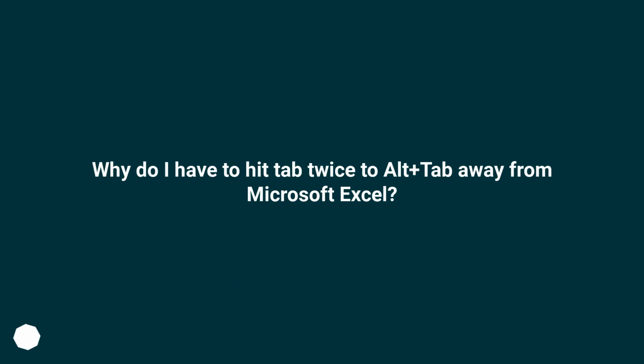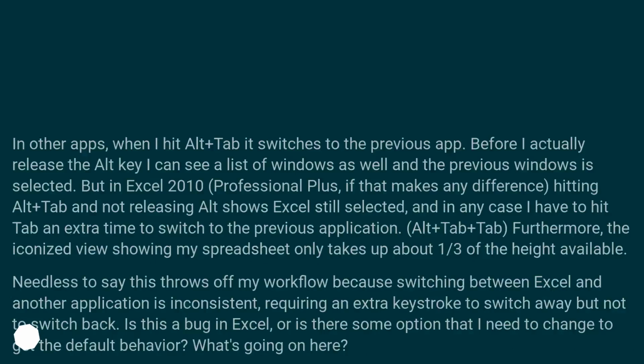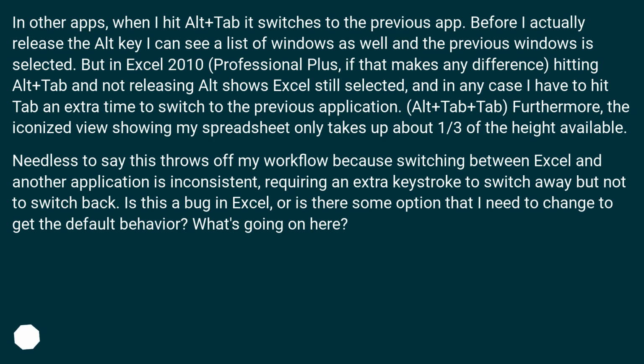Why do I have to hit Tab twice to Alt+Tab away from Microsoft Excel? In other apps, when I hit Alt+Tab it switches to the previous app. Before I actually release the Alt key, I can see a list of windows as well and the previous window is selected. But in Excel 2010 Professional Plus, if that makes any difference, hitting Alt+Tab and not releasing Alt shows Excel still selected, and in any case I have to hit Tab an extra time to switch to the previous